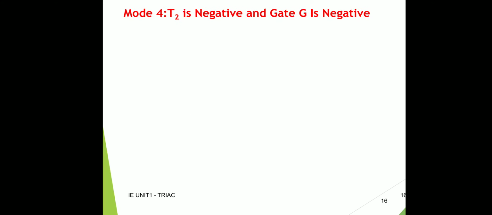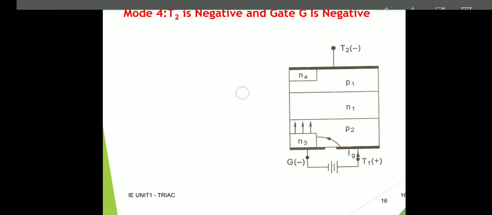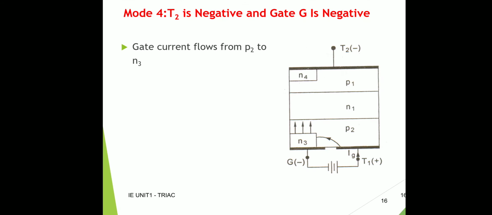Now come to the fourth one, that is mode 4. T2 is negative and gate is negative. Both are connected to the negative with respect to T1. See here, T2 is negative and gate is negative with respect to T1. When T2 is negative, what will happen? This P1 N1 is reverse biased here also, and when gate is negative means